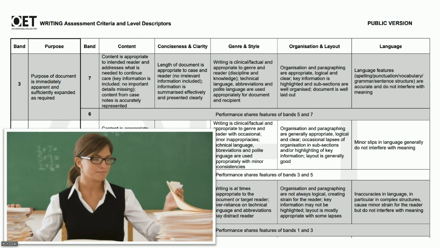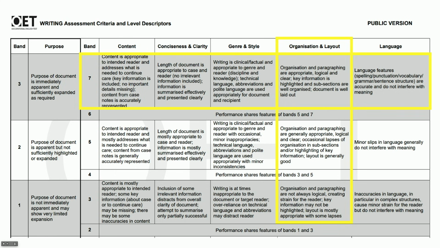And if we look closely at these criteria, there is a specific criterion there under organization and layout at the band 7 level, which is the highest band you can get, that says organization and paragraphing are appropriate, logical, and clear. Key information is highlighted and subsections are well organized. Document is well laid out. So if you just want to immediately get a good score for that particular criterion, you need to know how